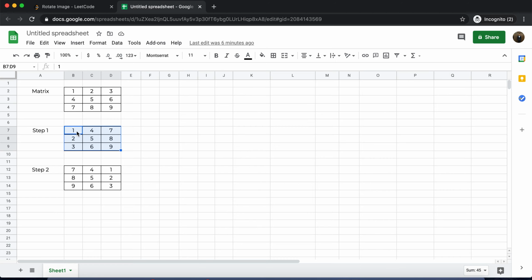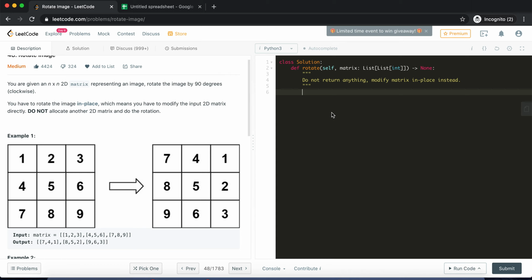The first row will become first column, second row will become second column, and so on and so forth. Now in the next step, we will flip this matrix vertically. So we will take the center of this matrix as our axis, and we'll flip all the corresponding elements. So 7 and 1 are swapped, 2 and 8 are swapped, and 3 and 9 are swapped. After this step, you can see the image is rotated 90 degrees clockwise. So we've achieved our goal. So these are the two steps. So let us begin coding of this problem.